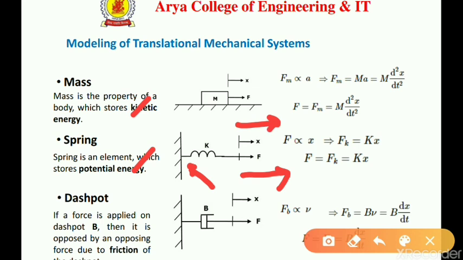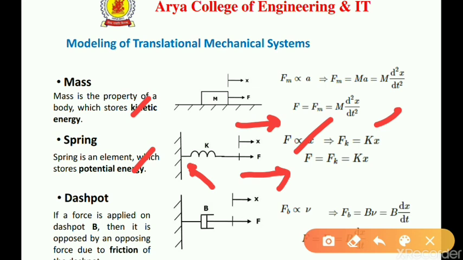But the spring opposes the applied force, and that opposing force is directly proportional to the displacement. Then we remove the proportionality and we have Fk equals Kx, where K is the stiffness constant,